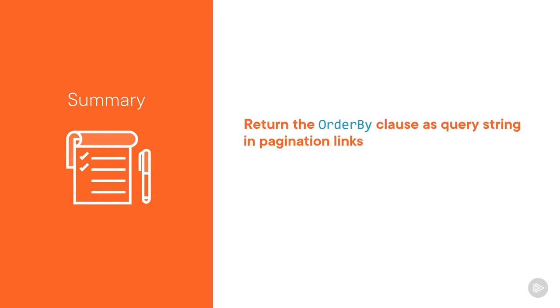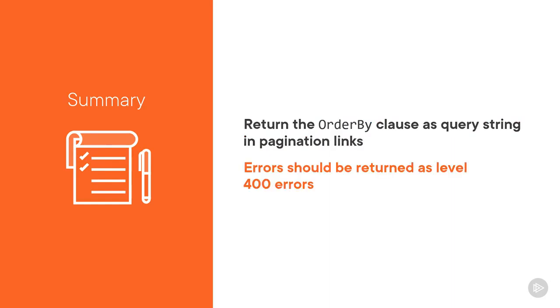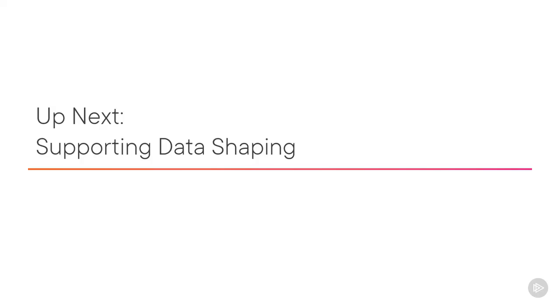The orderBy parameters must also be returned in pagination links, and errors related to wrong input are consumer errors and should thus be returned as a level 400 error. For example, a bad request. There's another piece of functionality that is sometimes supported by RESTful